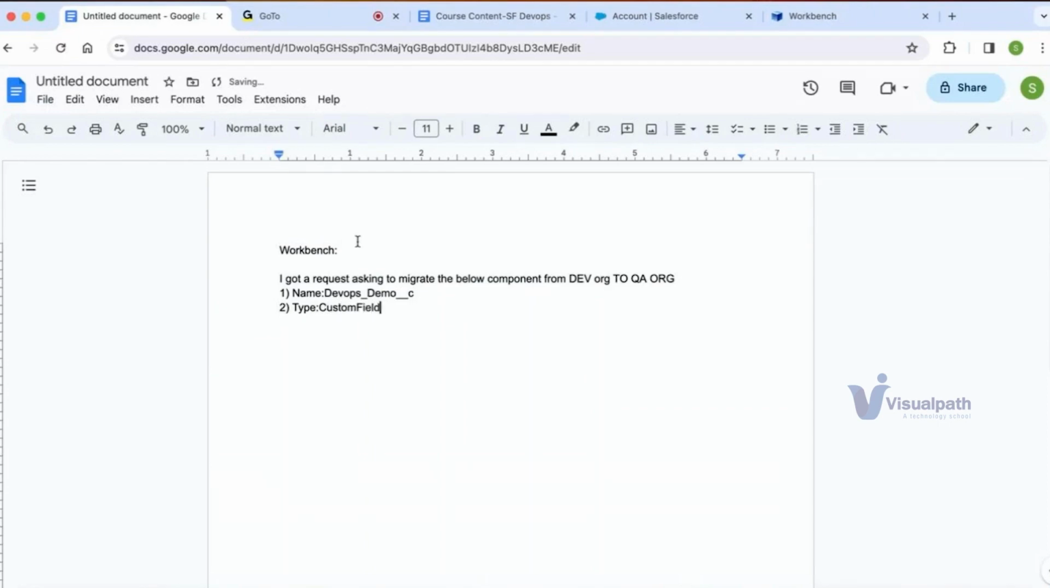Okay, so let's assume that I got the request in this manner. So now what I will do is, in order to migrate the component from one environment to another environment, you should prepare something called an XML file. The reason why we should prepare this XML file is that, as of now, this particular component is